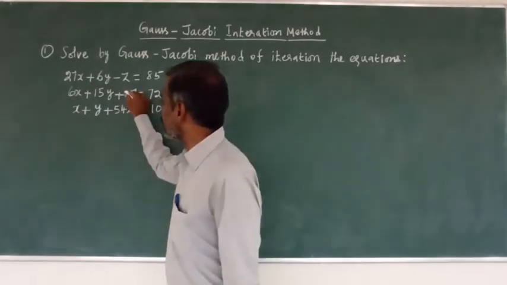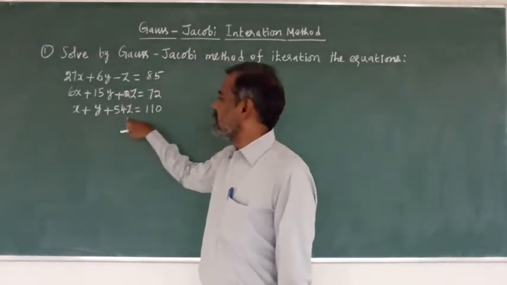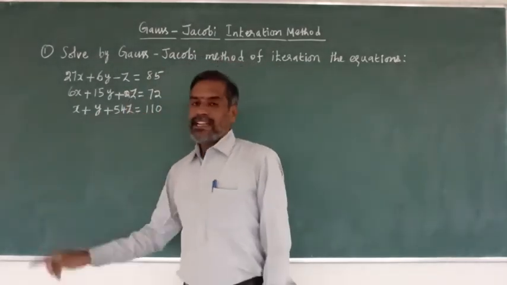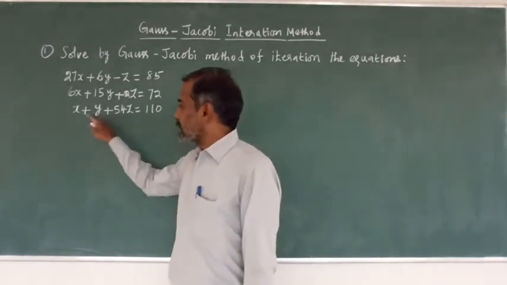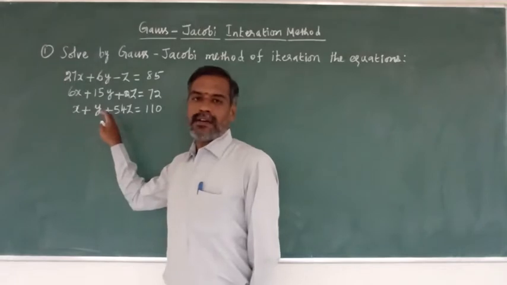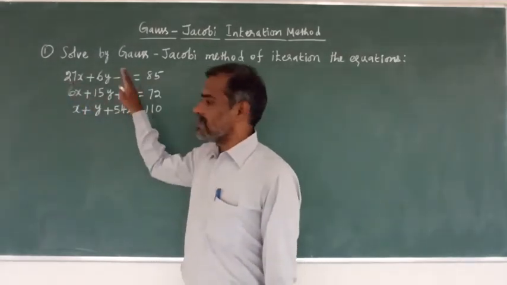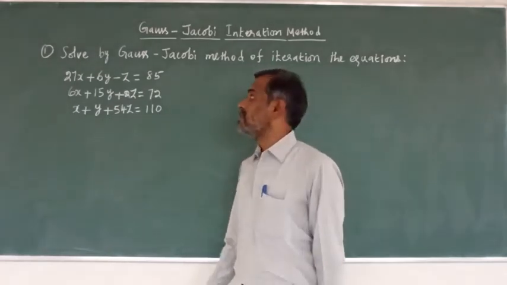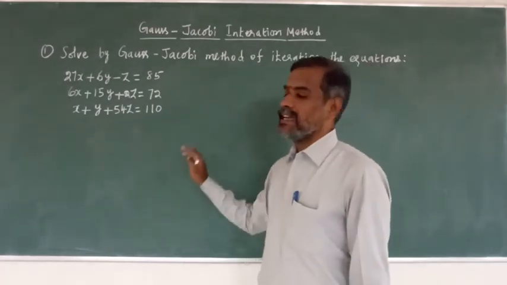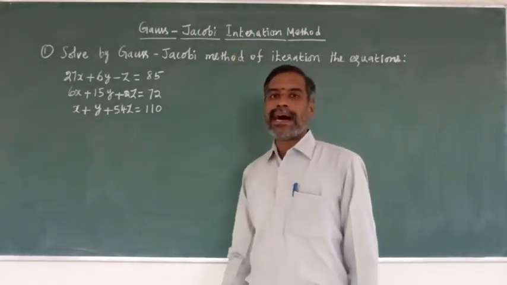Next, in the third equation, the z coefficient should be large compared to x and y. Here all the diagonal terms are large, so we can solve the given linear equations by using the Gauss-Jacobi iteration